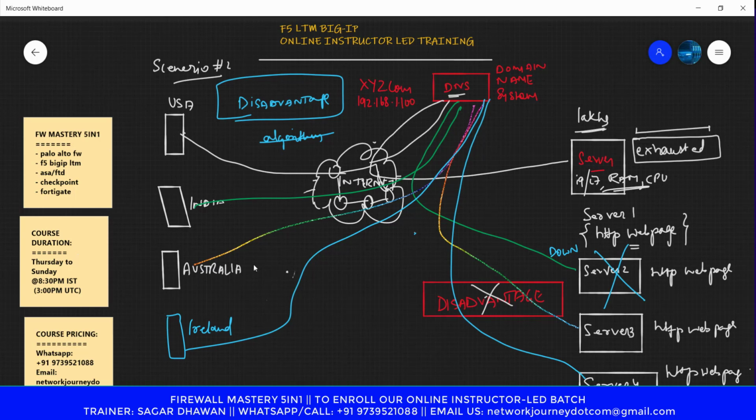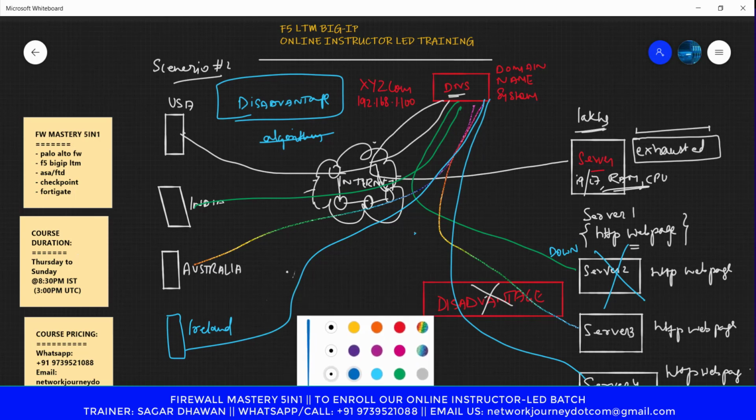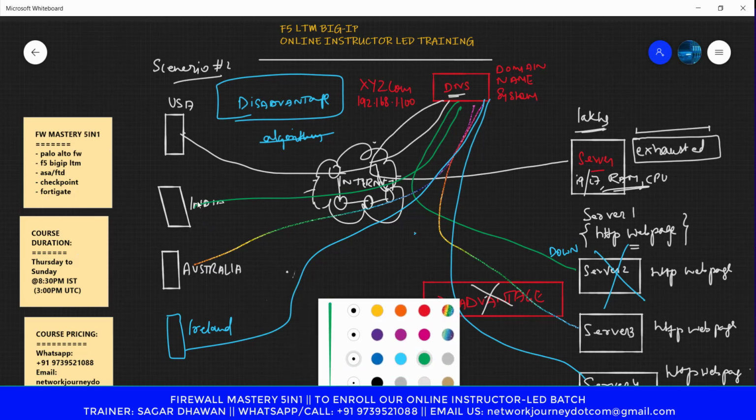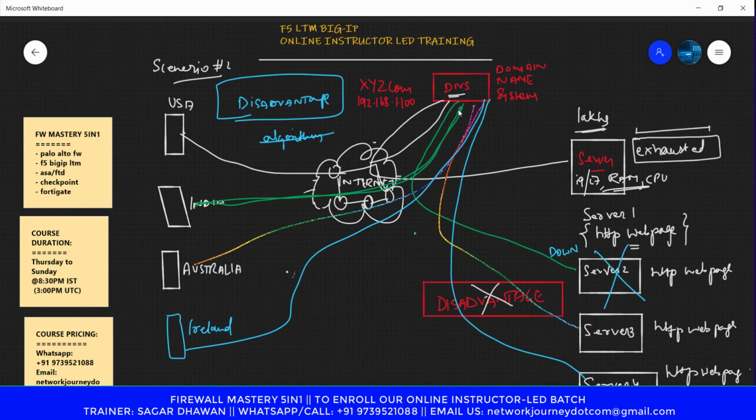Now what happens is, let's say your traffic from India went to DNS, and DNS is going to blindly forward it to server 2. Now that's a drawback because server 2 was down. It was completely down, right? Now there's an outage. Now your Indian user either is not able to do his work, or his web pages started showing down. There's a lot of outage that can happen to these Indian users. Now you need something better.